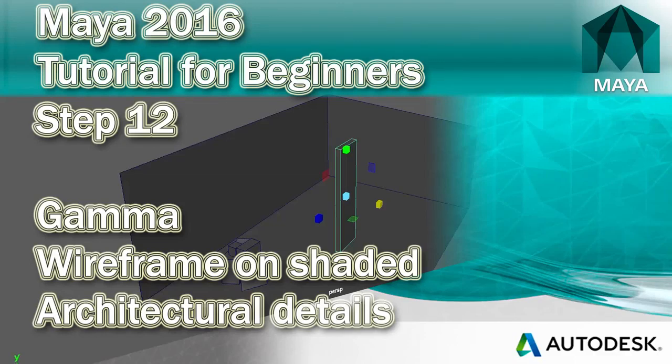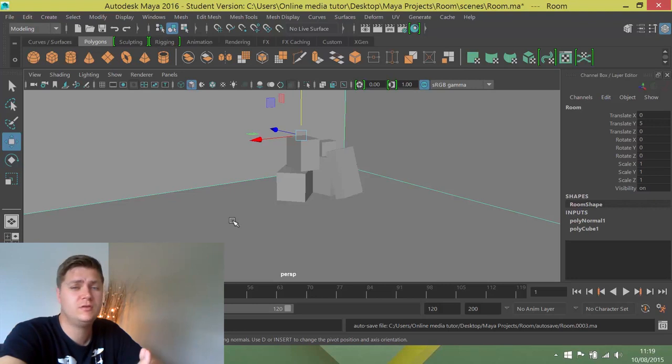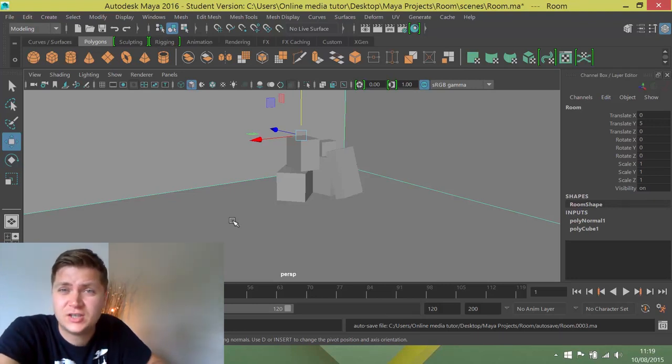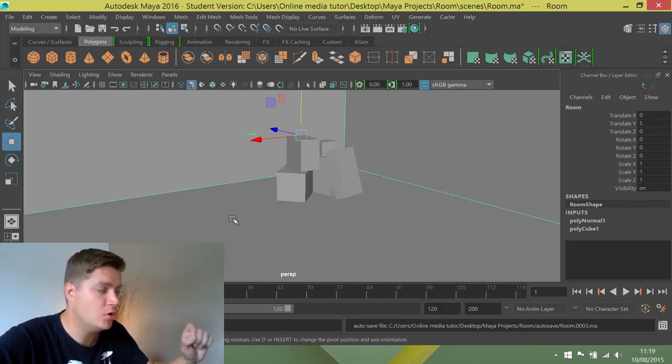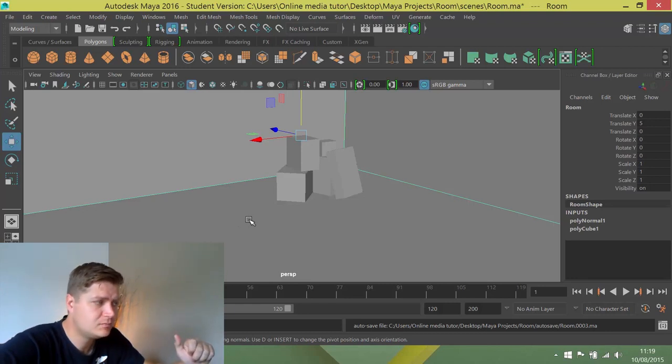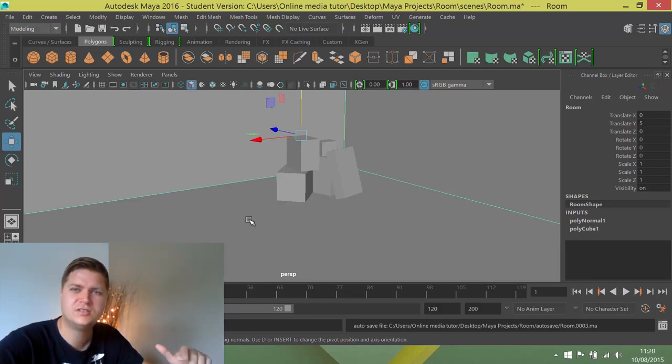Okay, so there you can see that I've made a stack of boxes. Hopefully yours looks as beautiful as this. Hopefully it looks even better, actually. I bet it looks better. But what I'm going to do now, because it's getting hard to see these crates against the background, the shades